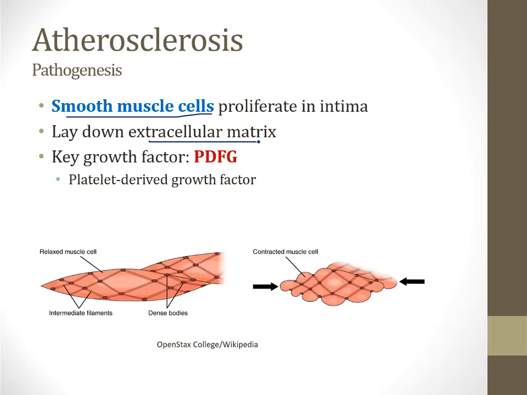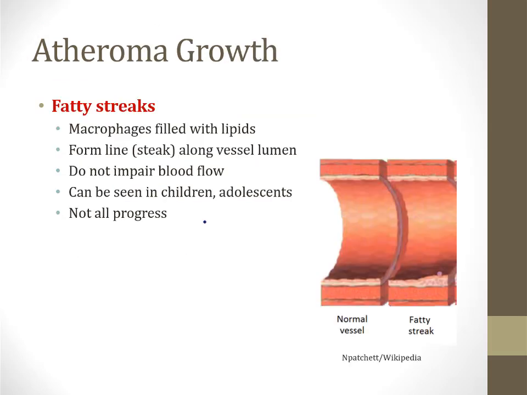And a key growth factor for these smooth muscle cells is PDGF, and it's very high yield to remember this. PDGF is platelet-derived growth factor. It is a classic stimulator of smooth muscle cells, and it's believed to play a role in atherosclerosis in driving the smooth muscle proliferation. People have studied the growth of plaques of atheroma in vessel walls over time, and there